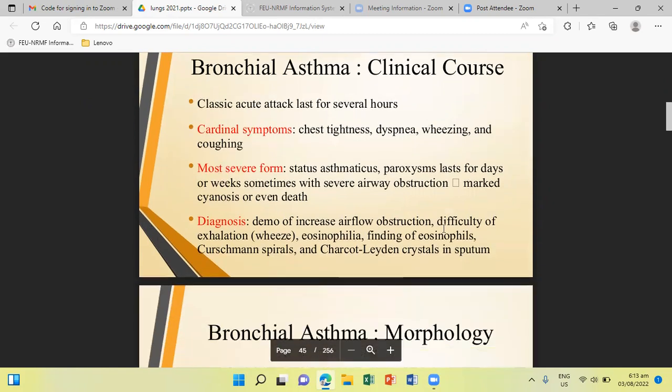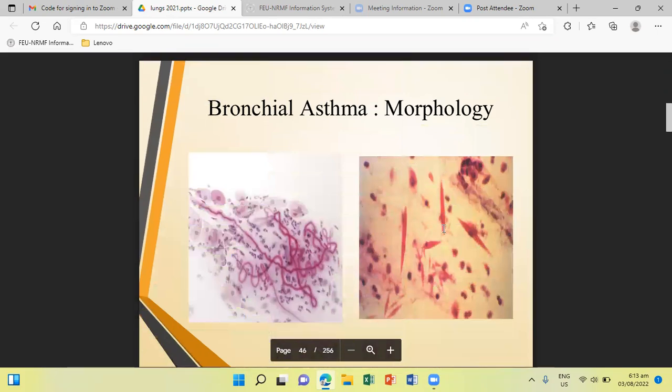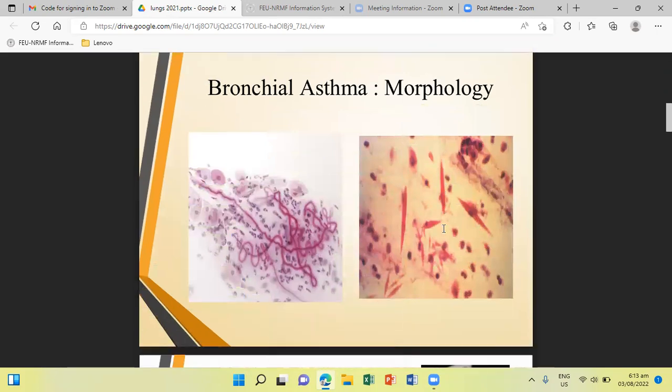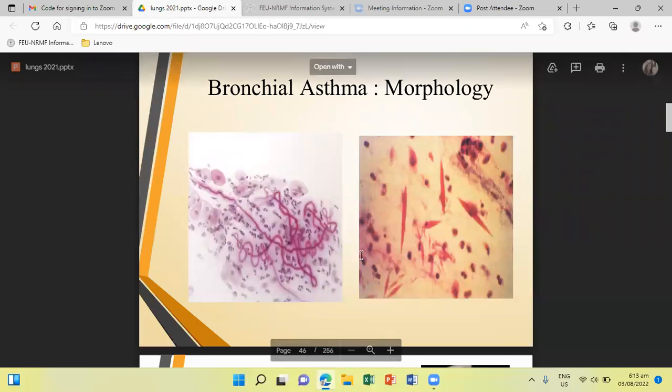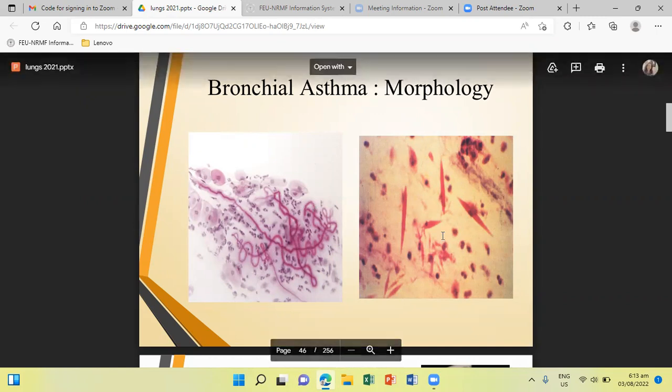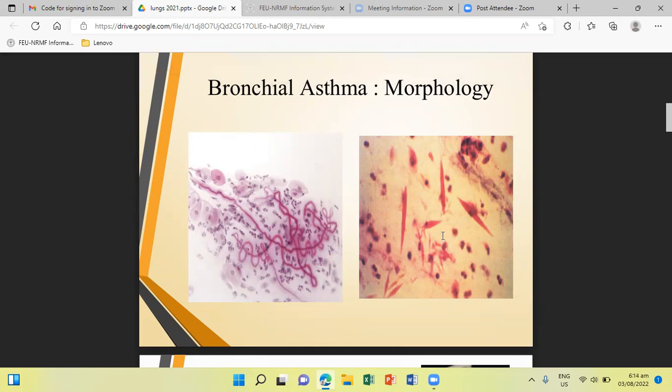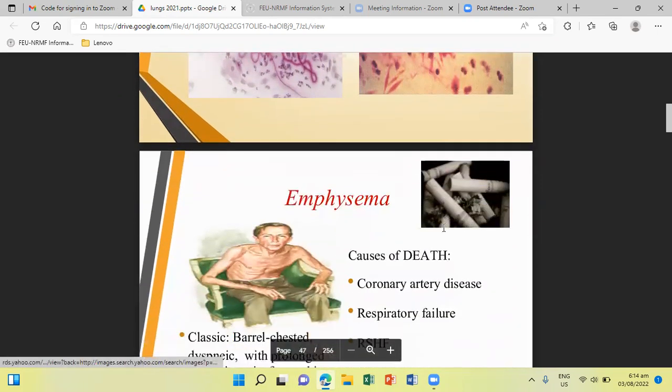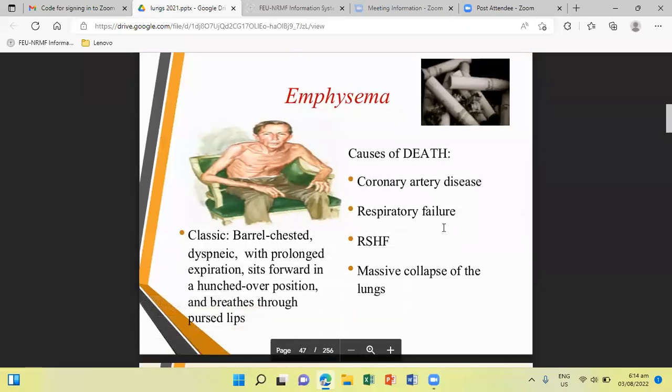The other things that we can look for as pathologists would be examination of the mucus plug, which under the microscope may show you these different structures. On the left are what we call Curschmann spirals, and on the right are what we call Charcot-Leyden crystals. These are usually seen among patients with atopic asthma. So again, eosinophils, as you can see better here on this side, are an expected accompaniment, particularly if it is triggered by an allergic attack. Okay, so that concludes the discussion of asthma.